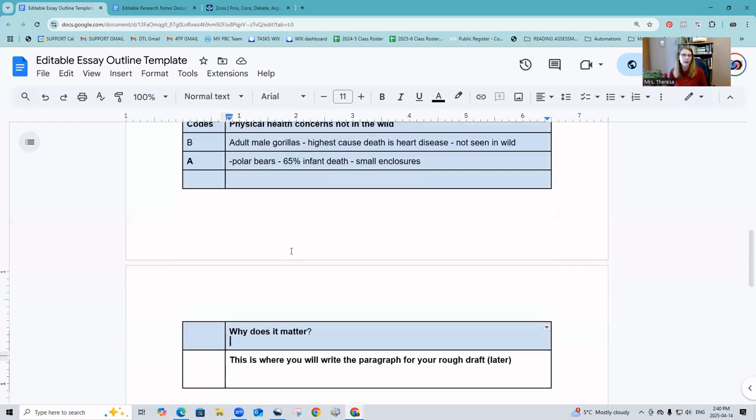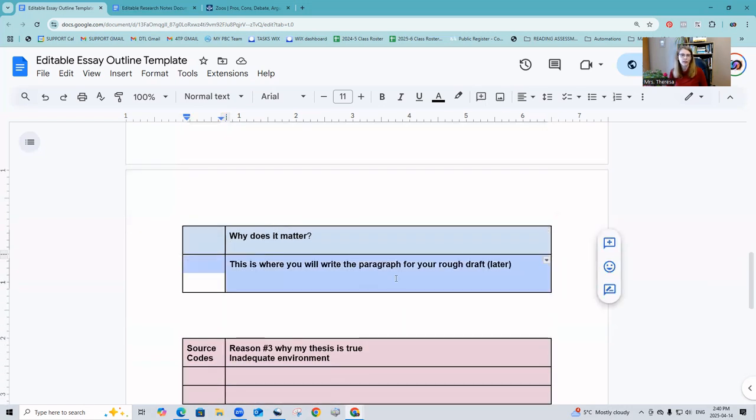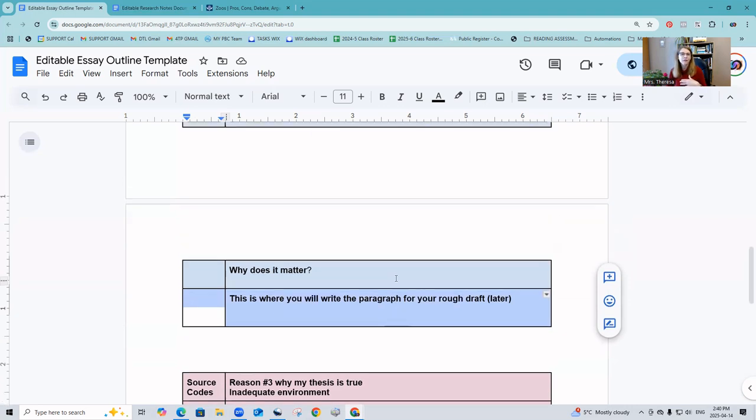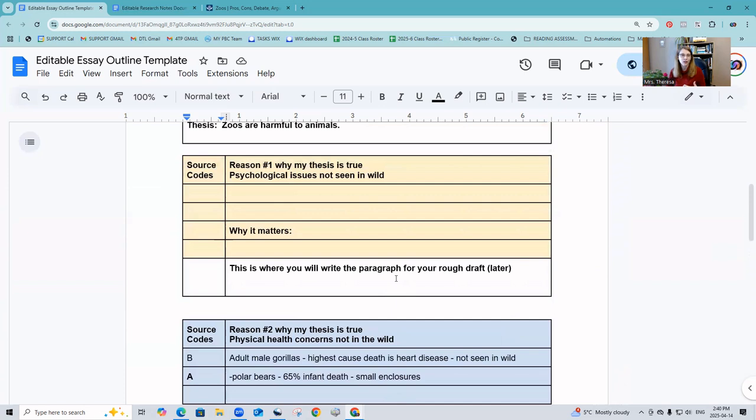All right, there is a section here under each reason. This is where you're going to write your paragraph later. After this is completely finished, after you have gone over it with your student, given them feedback about how they can improve their logic, or ask them questions like, oh, well, that's interesting, but I understood this.